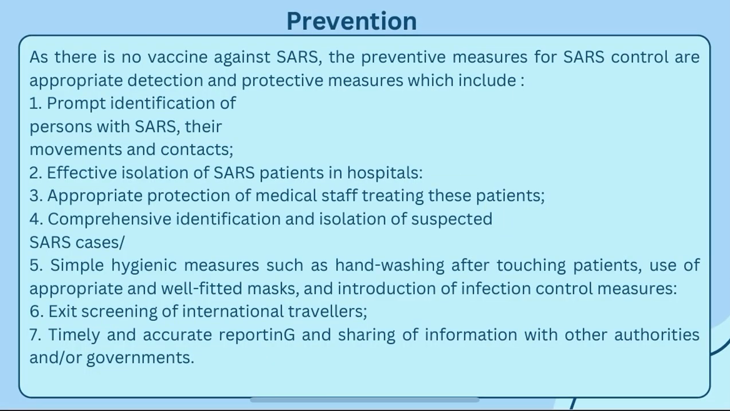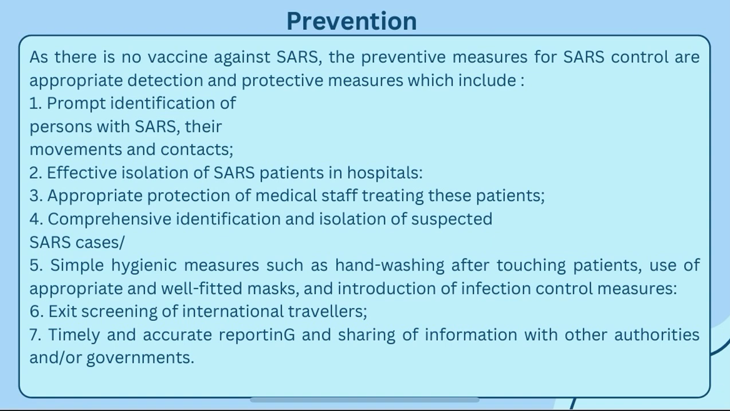So moving further to the prevention. As there is no vaccine against SARS, the preventive measures for SARS are control, detection and protective measures. So we know that the vaccine is not available. Since the vaccine is not available, the preventive measure is appropriate detection of the cases and carrying out the protective